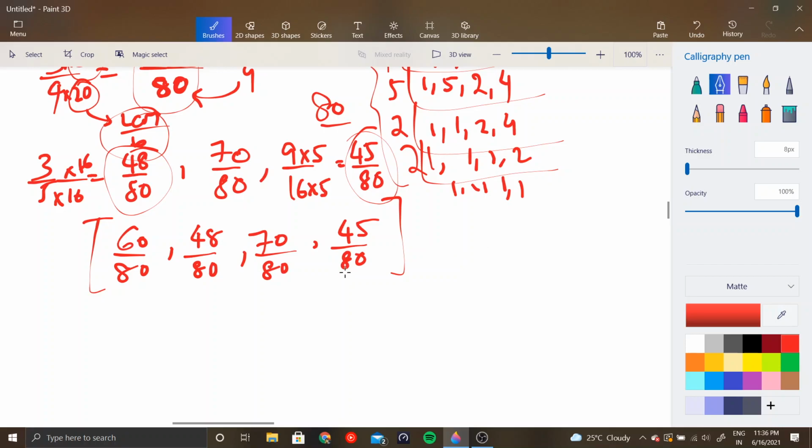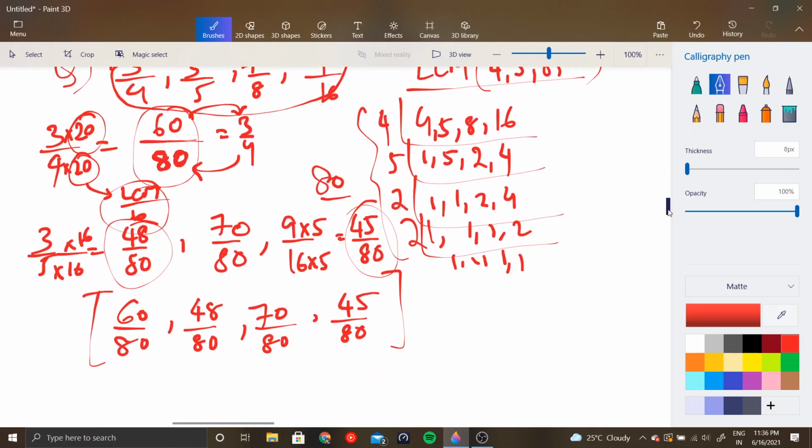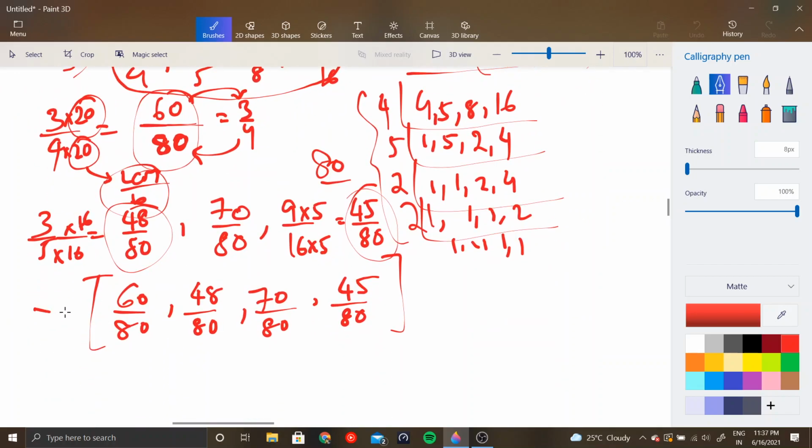So you see that when I give you these 4 fractions, it is very difficult for you to tell me which fraction is the highest in value and which fraction is the lowest in value if you don't know the individual values or you don't compute the individual values separately. But you don't need to compute everything for this purpose. What you need to do is convert them into like fractions. Now see, that denominator is same, right? So the greatest numerator will be the greatest term. So 70 by 80 in this case is the greatest term because you are dividing numbers by the same term, right?